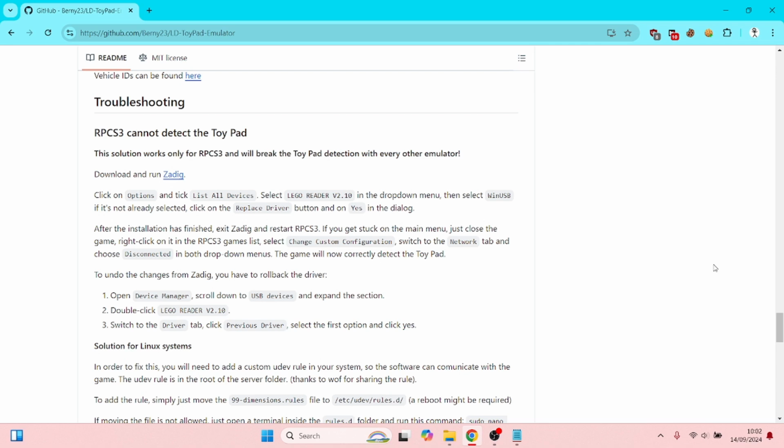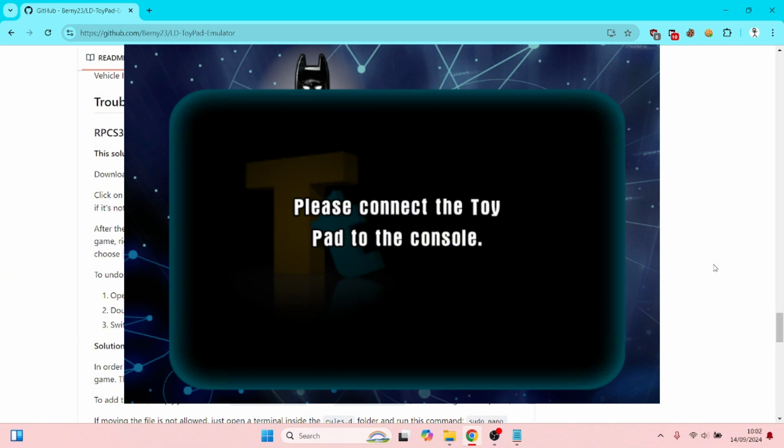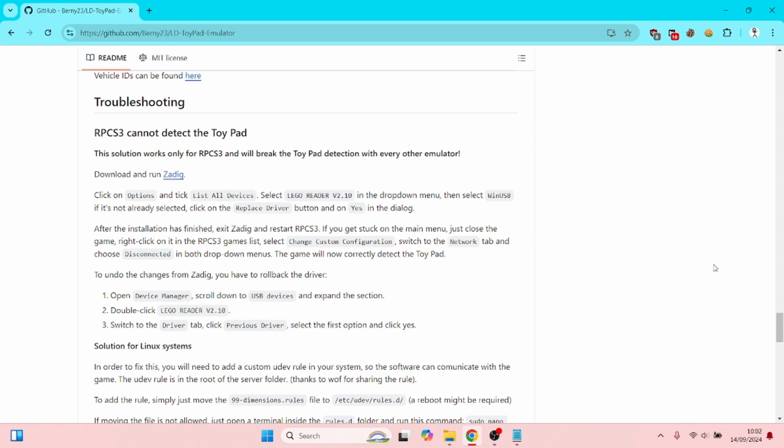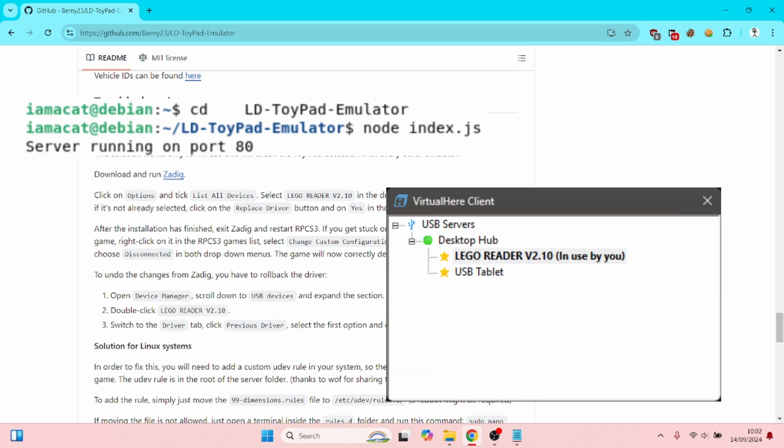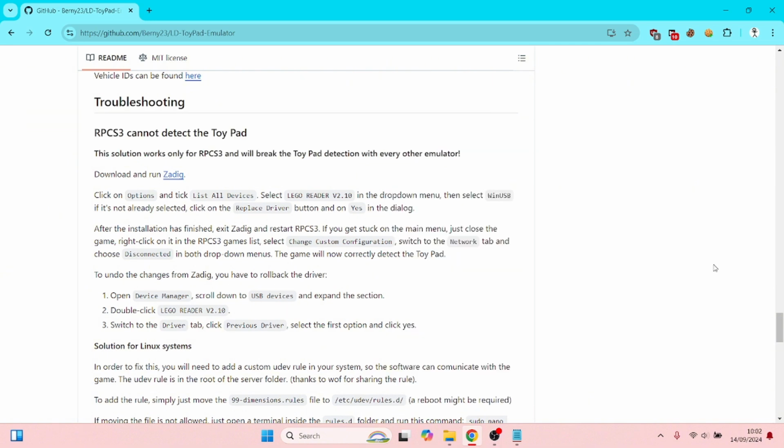The next issue is, well, this is various issues that can come from what you're seeing, which is the toypad is not detected. The first simplest one is you launch the game before launching the virtual machine and LEGO Reader within virtual here. Both the server and LEGO Reader need to be activated before you start the game, otherwise they won't register properly. But then if you're still having issues, first of all, if you're on RPCS3, you can ignore